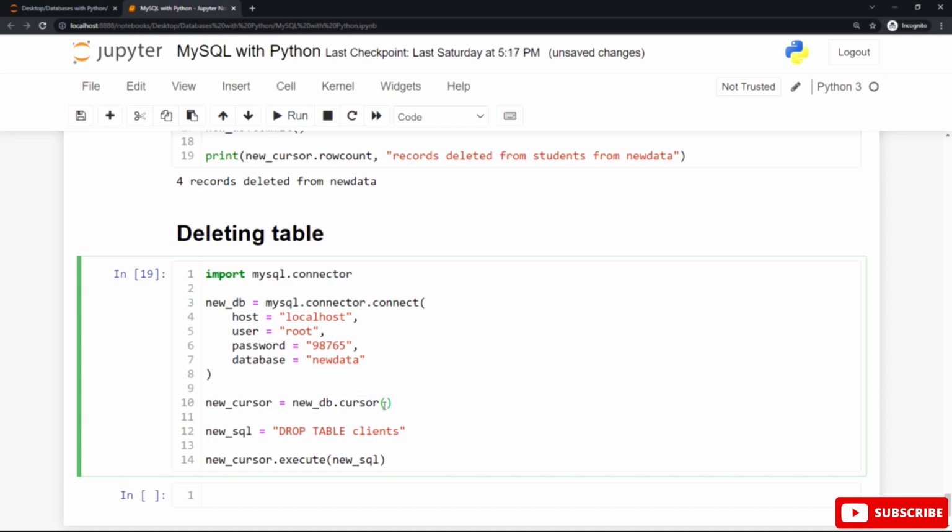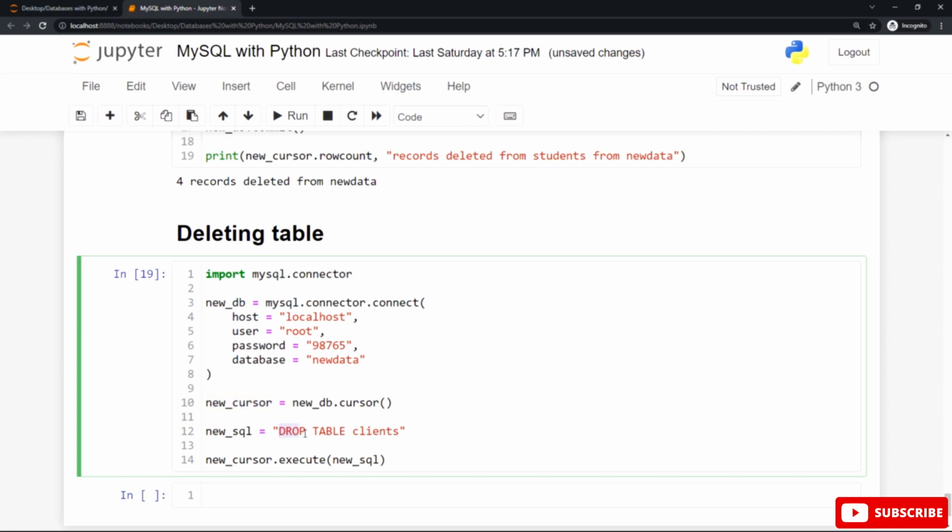The cursor statement is used to perform this operation or any operation in MySQL. This is a very important method in MySQL. Use it with this connection to the new data database. The variable name refers to the database or this connection, and assign this to a variable so that you can use this variable name to access or use the cursor method many times in this program.